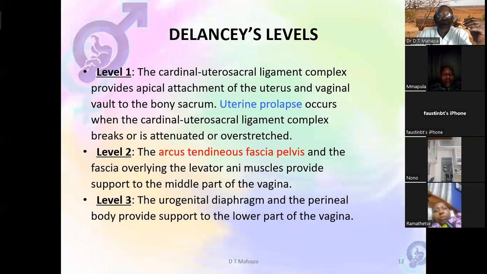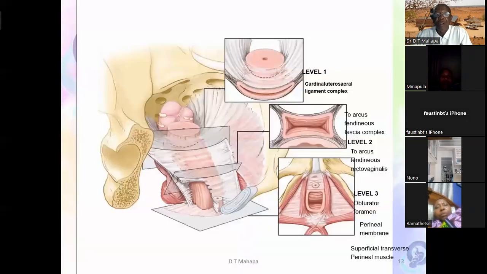There's the upper layer, whose ligaments are called cardinal and uterosacral ligaments, and the middle layer, the second layer, which is in the middle of the vagina, supports the vagina medially, and is formed by condensation of fascia and connective tissue called endopelvic fascia. And superficially, we've got what we have seen here, which is the urogenital diaphragm, that makes the perineal body and supports the lower third of the vagina. This is the description of the upper layer, the middle layer, the lower layer.